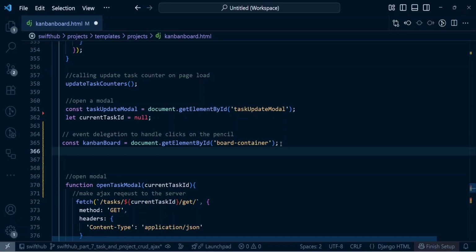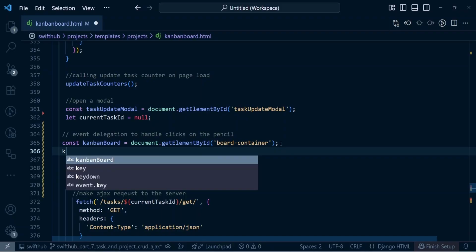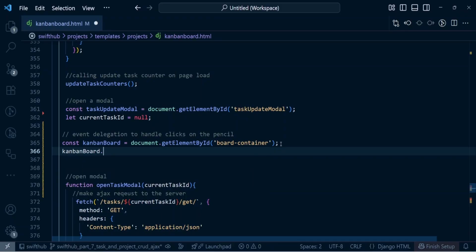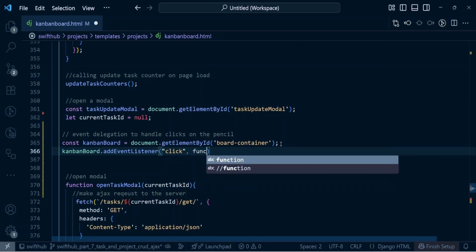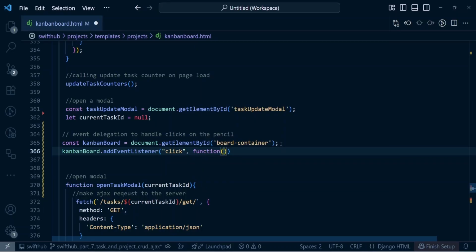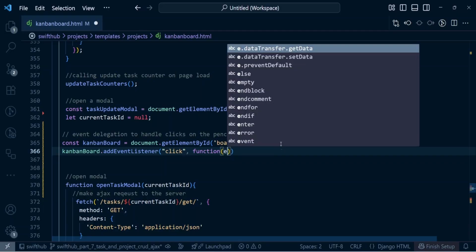So now when it gets the board, we need to add the event listener to the board itself. So I'm just going to do Kanban board dot, and we're going to add event listener like this. All right, so the event listener you want to add is just going to be the click. So I'm going to do click like this. It's not clicks, but click. All right, then we can now run this function, and this function is just going to be expecting an event